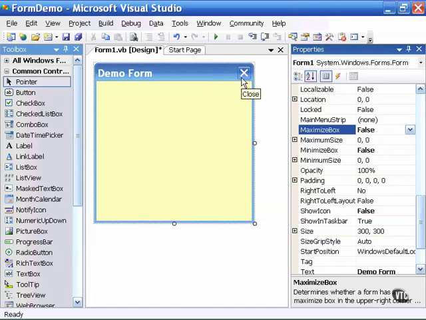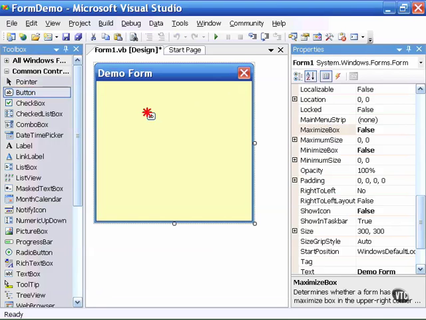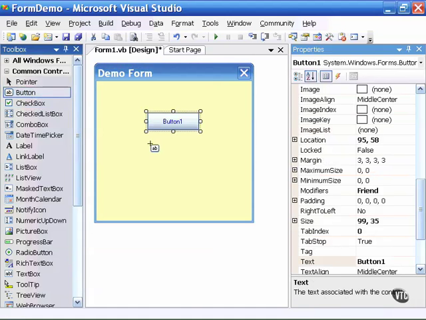Note that the close button, the X, remains on the form at all times. This is because you want to be able to give the user a way to close the form or to stop the application. But if you wish to remove the options of minimizing or maximizing the form, that's available to you. Now, to demonstrate the last two properties, I will draw two buttons on the form,